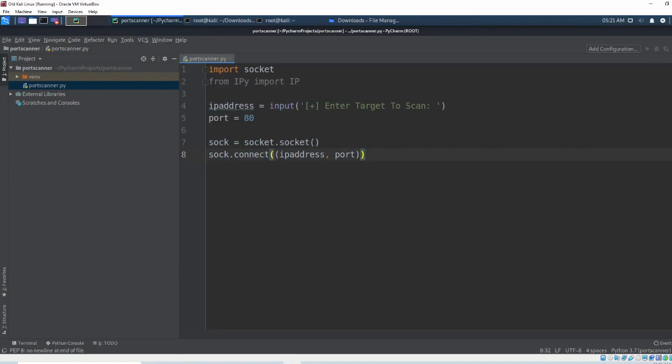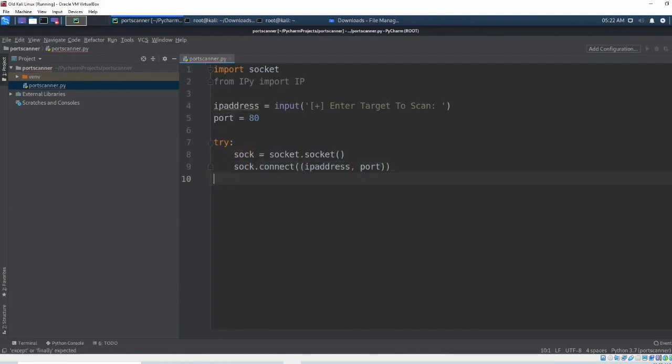All we are left to do is wrap this inside of a try and except rule. And this try and except rule basically means that we're going to try this, and in case that doesn't work, we're going to try something else, which will be under this except part. So try and then sock.connect. We are trying to connect to the port, and if we don't manage to connect, we're going to print to the screen